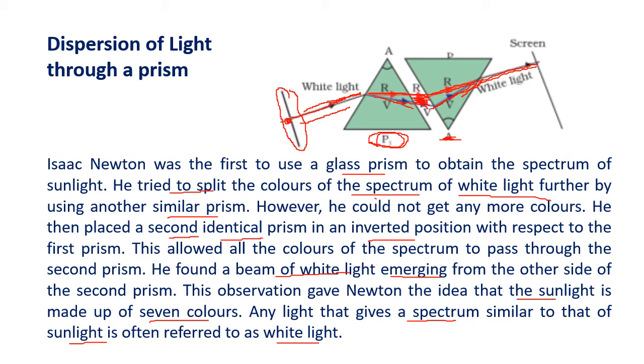So Newton has done what? Taken 2 prisms. Now what you can see is if you place the 2 prisms near to each other, it almost becomes a glass slab. You can see this surface and this surface are now parallel and it looks like a glass slab. So this is what happened in the glass slab. Remember? So it may almost happen in the glass slab.